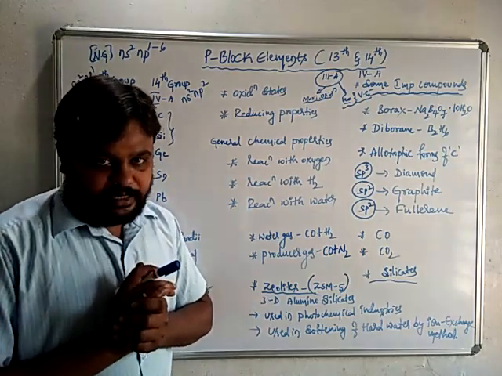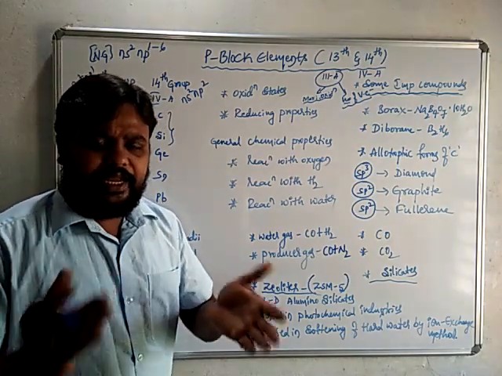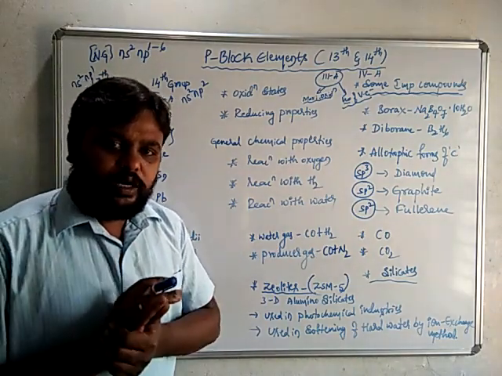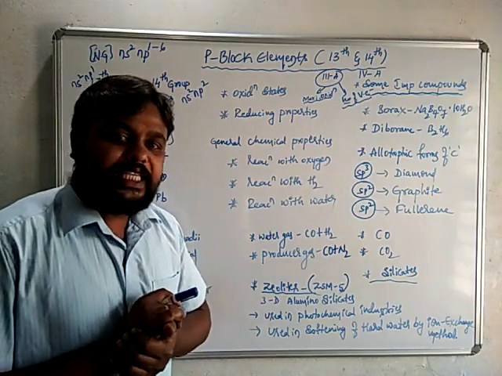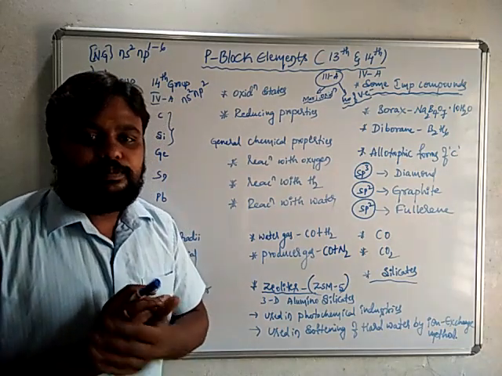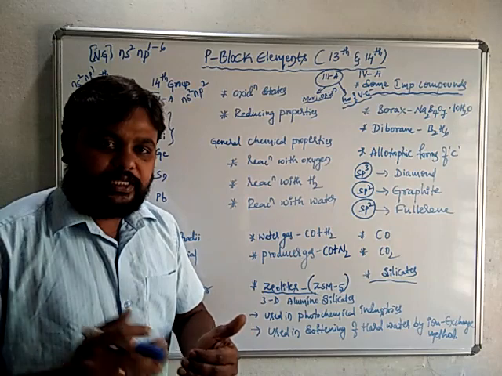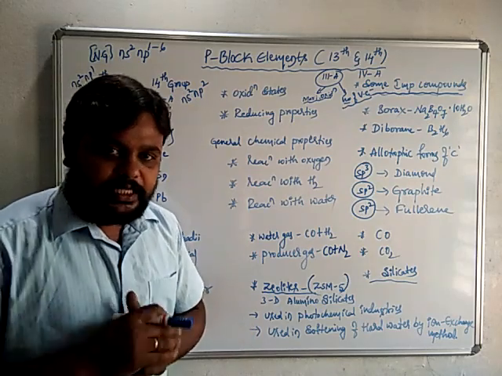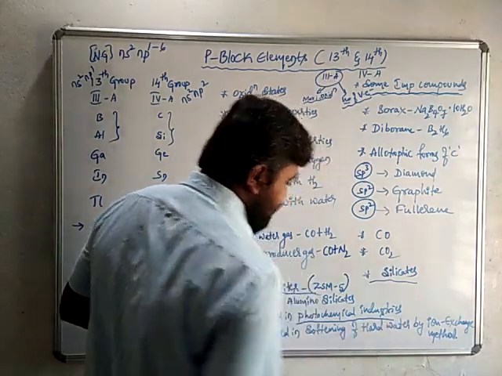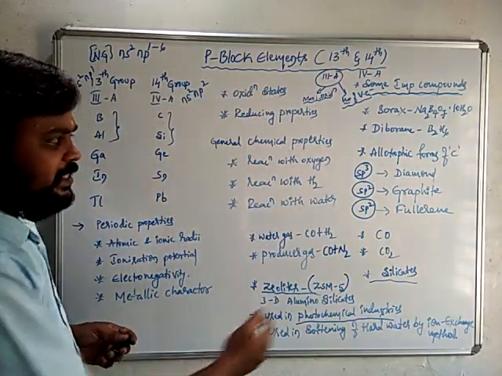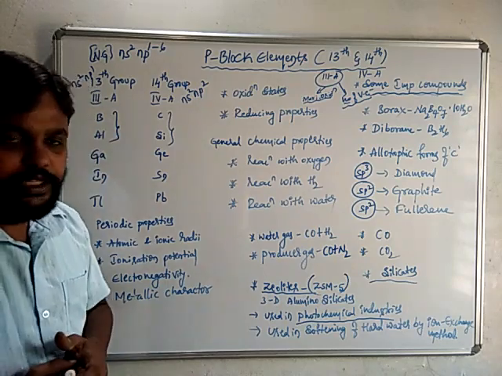In those honeycomb-like structures, the cations present in the hard water, like Ca2+ and magnesium 2+, get caught in those cages. As a result water gets purified. This is how you can convert hard water into soft water by ion exchange method. And also these zeolites are used in the petrochemical industries. So these are some of the points regarding 13th and 14th group elements.